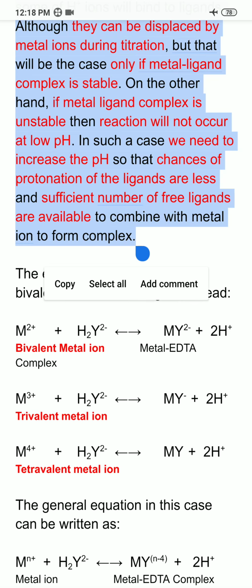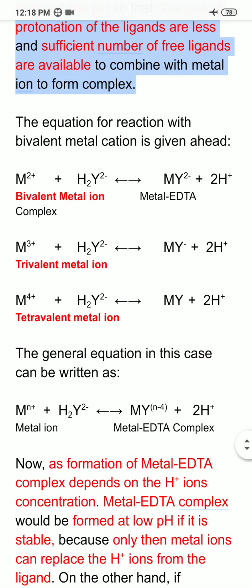So what I can conclude is that if the metal ligand complex is stable, then their titration can be carried out under acidic conditions. On the other hand, if the metal ligand complex is weak, then their titration can be carried out under alkaline conditions. And for this I am giving you the